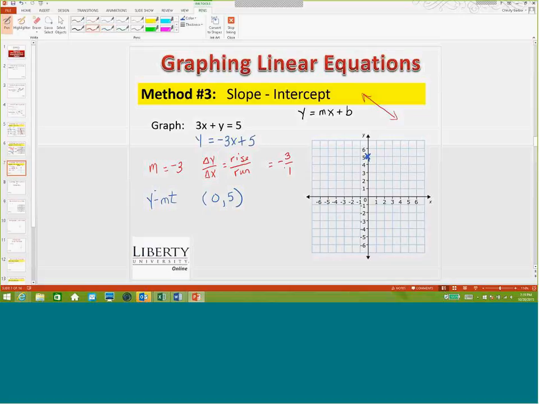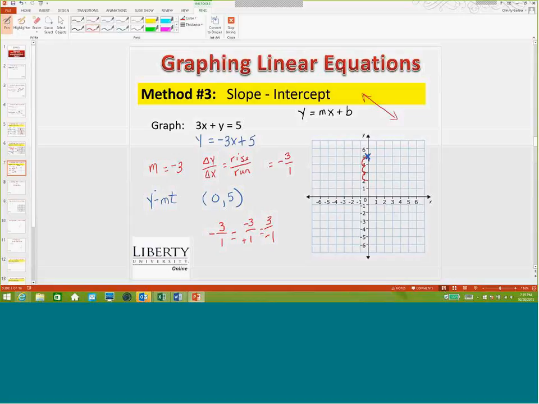Now we're going to use the slope of negative 3, or negative 3 over 1, to find the next point on the line. Remember, you can either have the negative in the numerator or in the denominator to make the whole value negative. So you can either run in a negative fashion from the y-intercept, which would be going down 1, 2, 3 units,